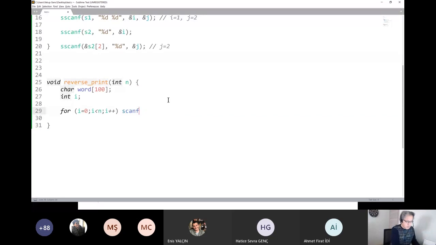I need to read. What do I read? I need this guy. Where do I read it? I read it to a word. Now, of course, this is not going to keep it. And once I have done this correctly, then I will print. So this is the reverse order print. I will start from n minus 1 and go till i is greater than 0, and this is going to be i minus 1. Then I will just printf